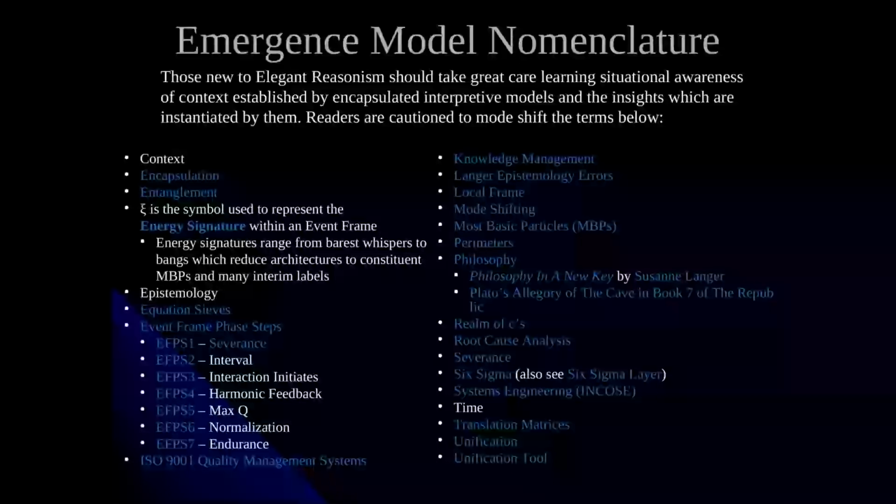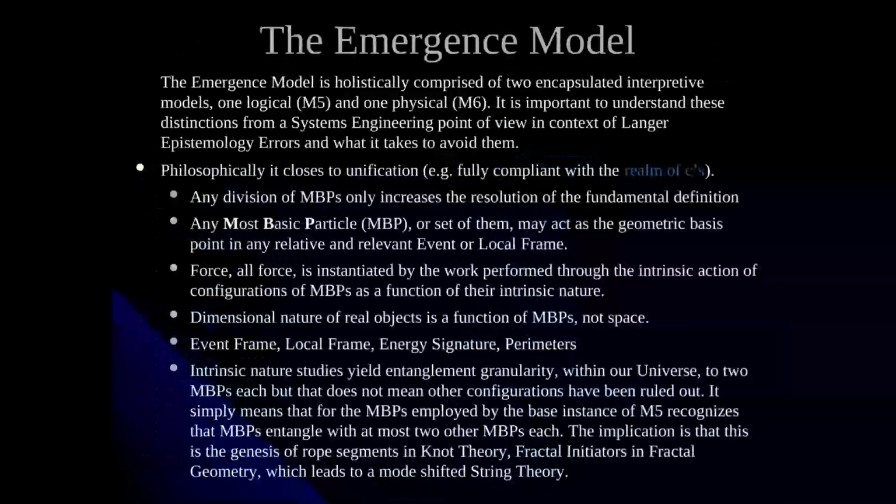The emergence model is holistically comprised of two encapsulated interpretive models. One logical, which we call M5, and the other one is physical, which we call M6. And I talked about this in the earlier video, but I'm going to reiterate it just a little bit here. There's an emotional